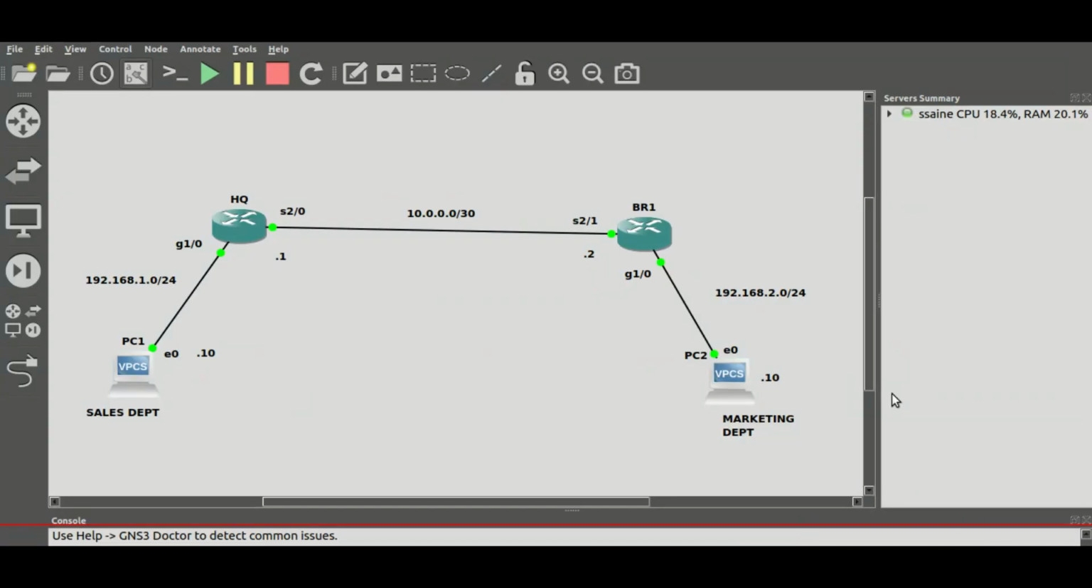So in this video, we are going to look at dynamic routing. Here we have a simple network, HQ and a branch router. Each has one department, the sales department and the marketing department. Our objective here is to ensure that sales and marketing staff can communicate. Basic configuration has been done on all of these devices, that's the routers and then the computers, that is